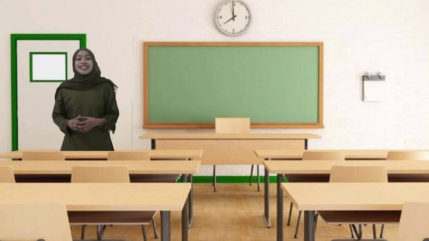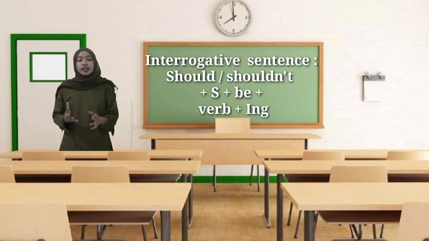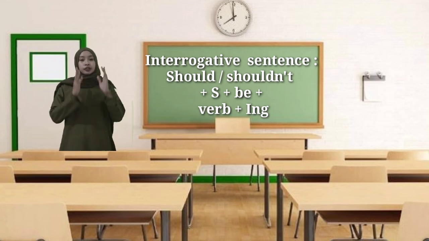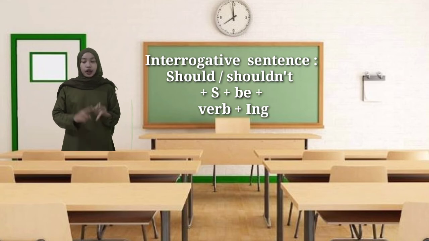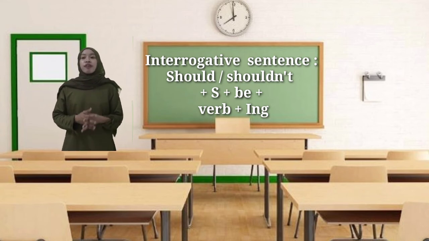Now, it's easy. You just put should or shouldn't in the beginning of sentence. So, the pattern is should or shouldn't, followed by subject, and followed by be, and the last followed by verb